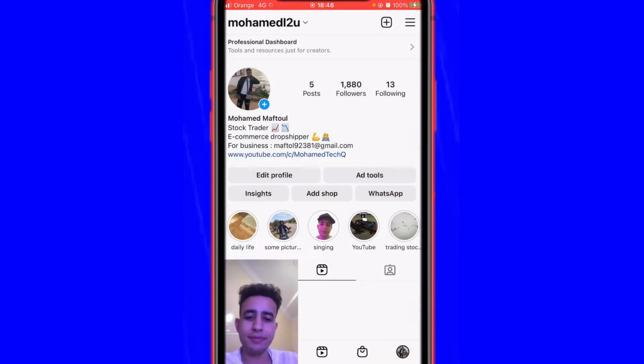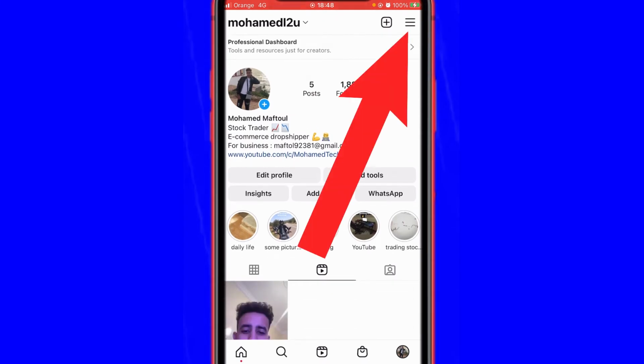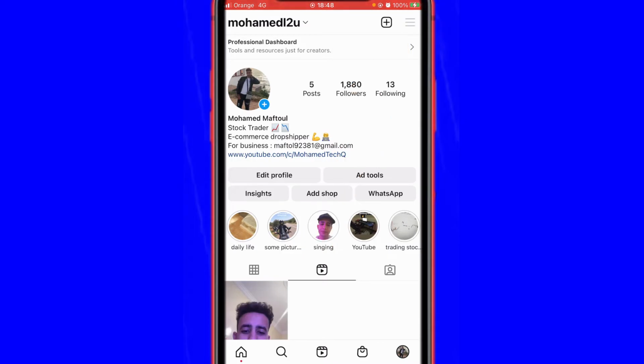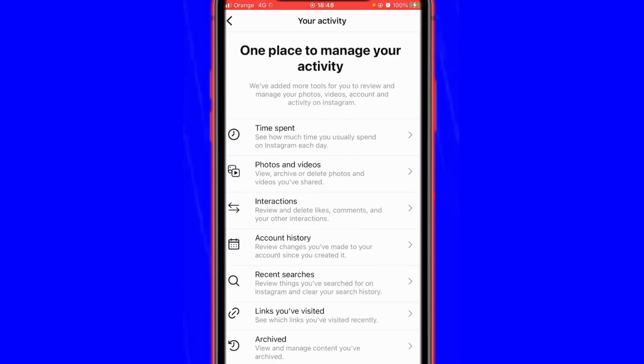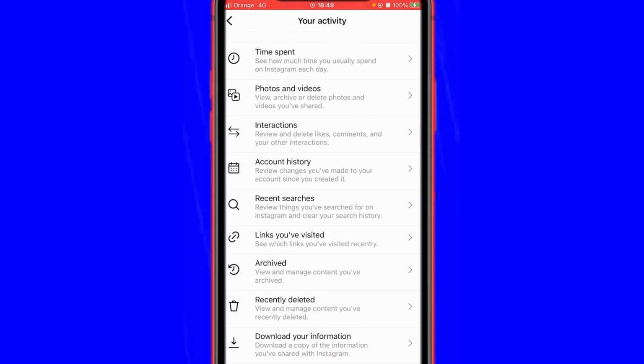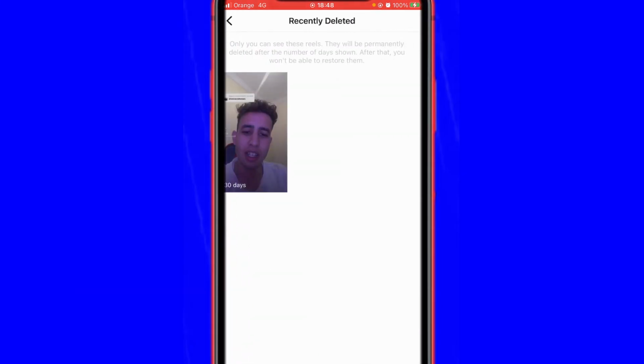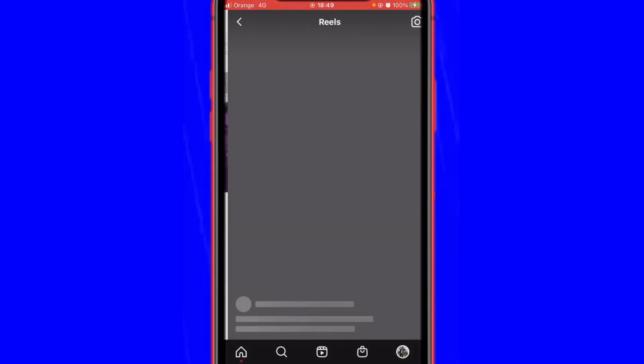So if you want to get back your Instagram Reels, you want to click at the three lines at the very bottom right here, and then click your activity, the second option, and then you want to scroll down a little bit and then click recently deleted here. As you can see here, just click recently deleted, and as you can see here guys, we can get back our reel by clicking the reel